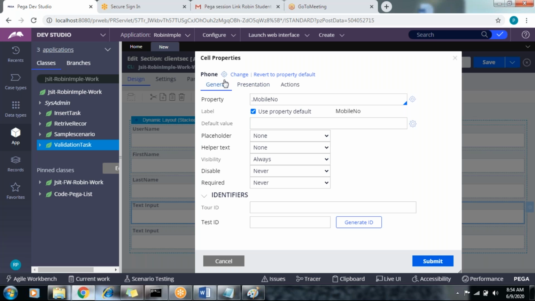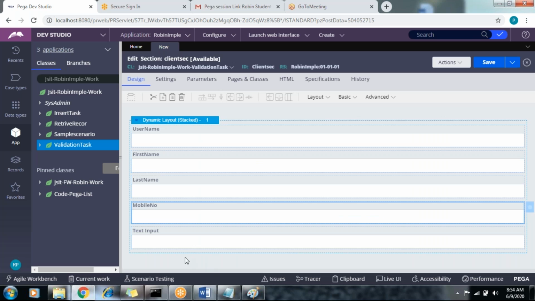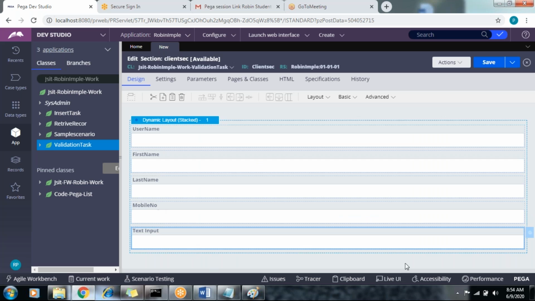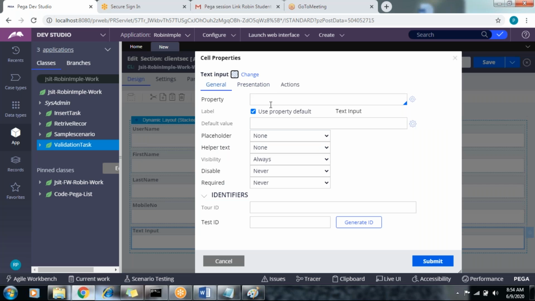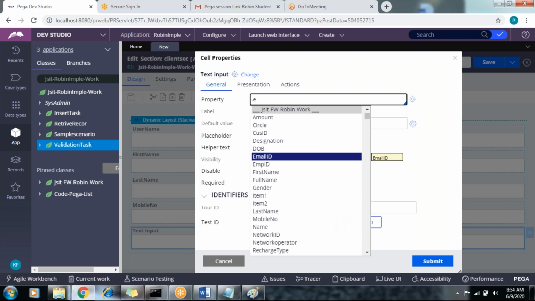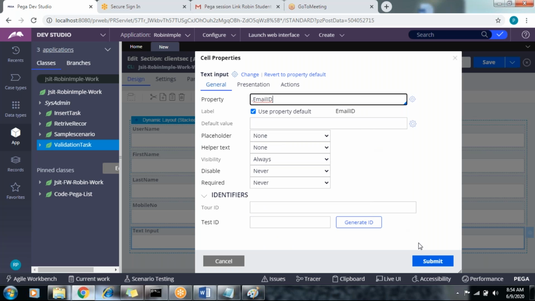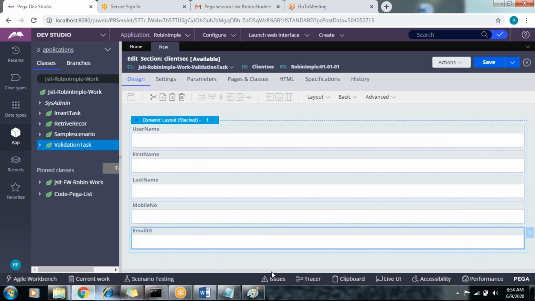This will give the format as a mobile number. But this is a validation only, but we will apply another validation also. So what is another one? Email, dot email property. So this is submitted.